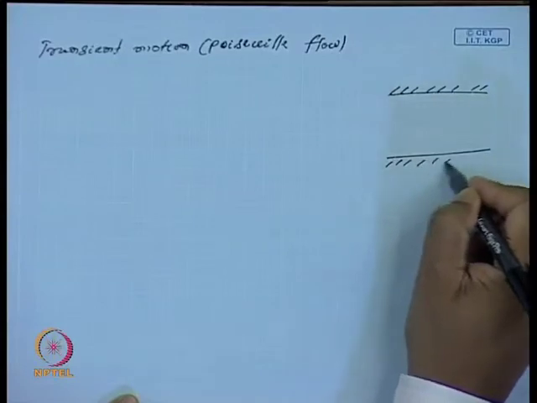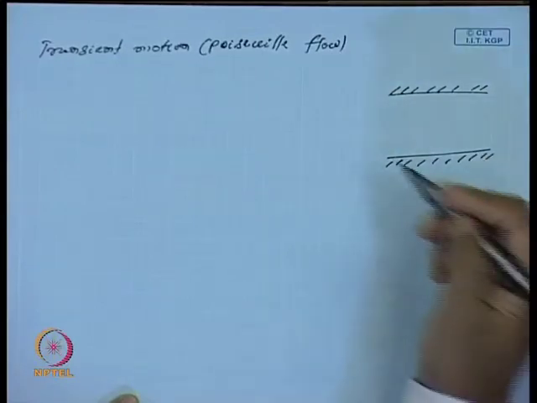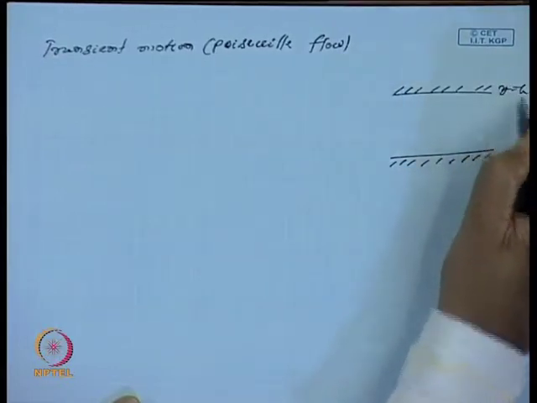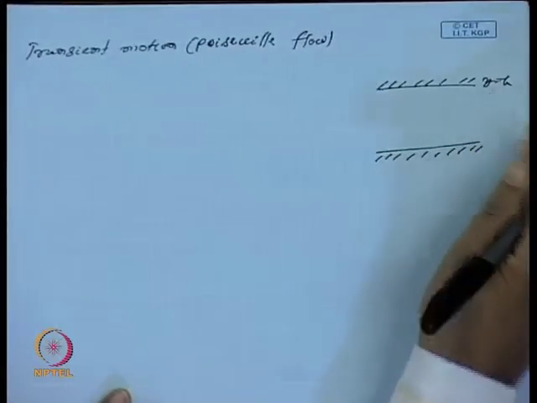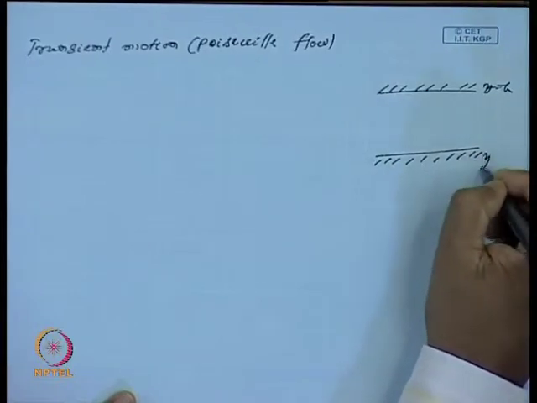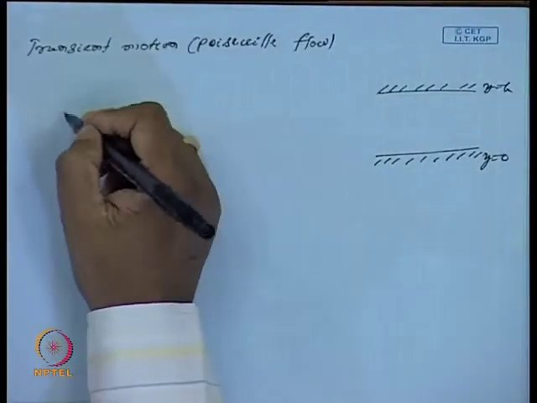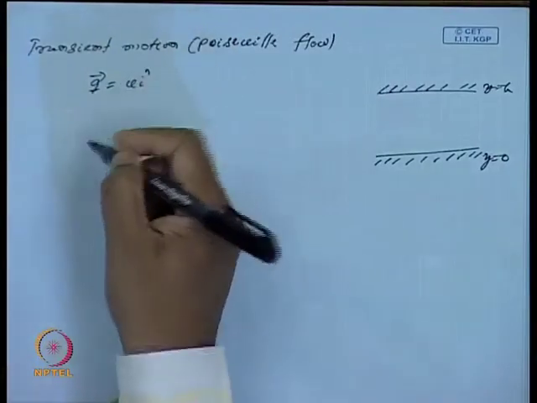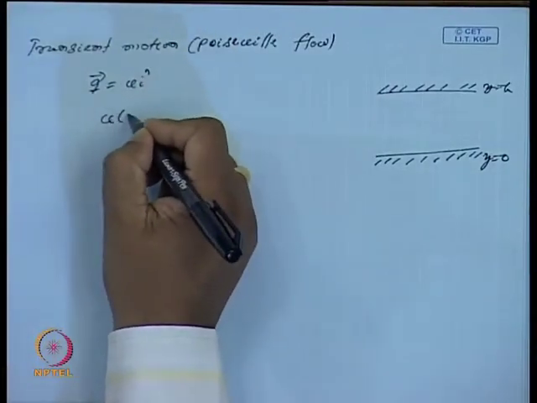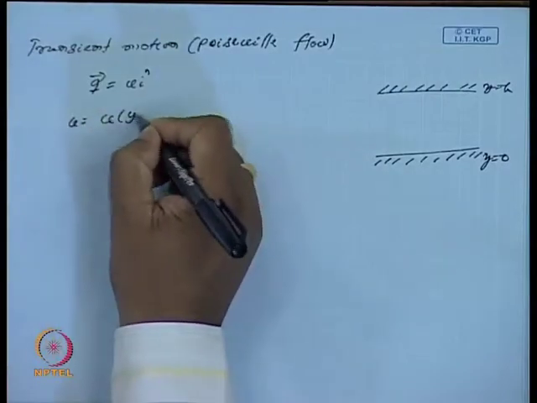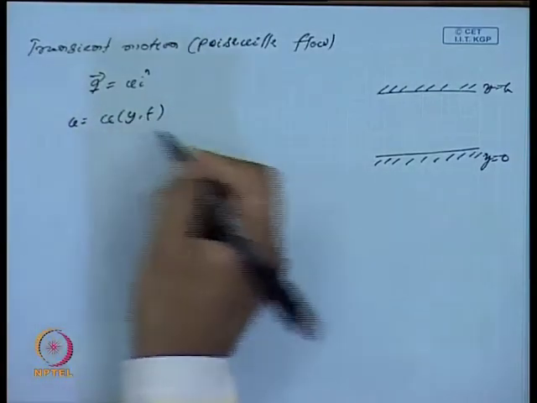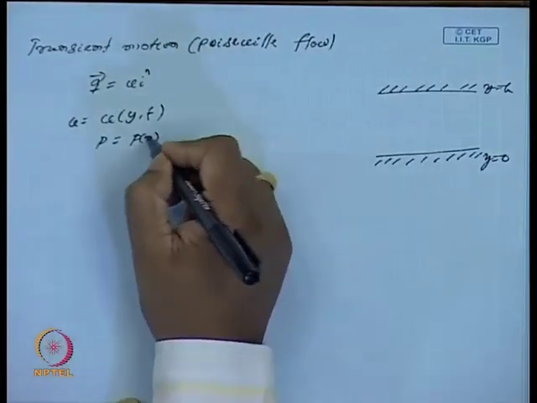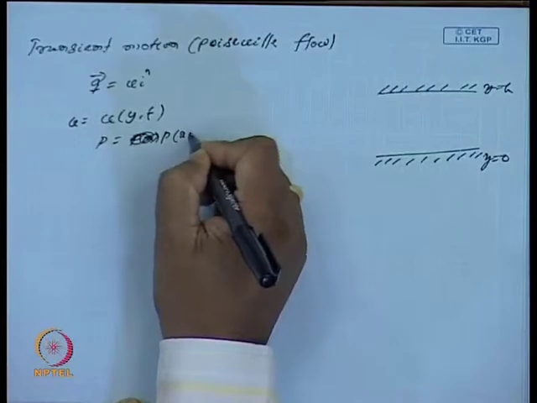The two plates are fixed, here this is at y is equal to h, and this is at y is equal to 0, and we have already chosen q bar is equal to u i hat. So, you have u is equal to u(y, t), and we have p is a function of x only, or rather because it is unsteady motion, p is a function of x and t,